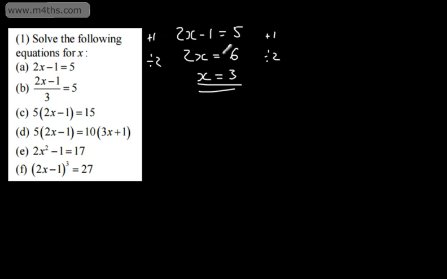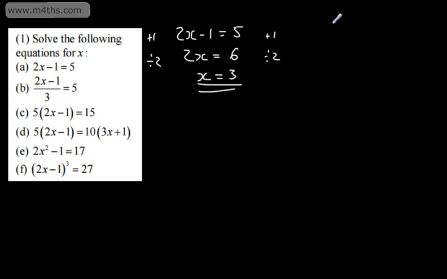We're looking to solve these equations for x. We might have 2x minus y is equal to 5, and we would need to make x the subject. So let's go ahead and just solve this equation. So 2x minus 1 is equal to 5. The way I like to do this is simply by adding 1 to both sides. So if we add 1 to both sides, we'll get 2x is equal to 6. And then I like to divide both sides of the equation by 2, and that would give me x is equal to 3. I wouldn't necessarily write these things down in my working, I'm just simply showing what I'm doing here. So what I've done here is made x the subject,